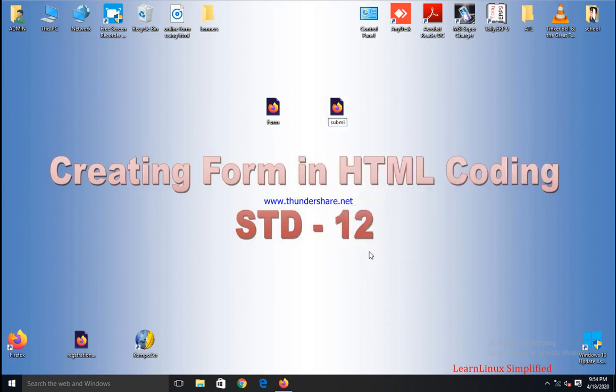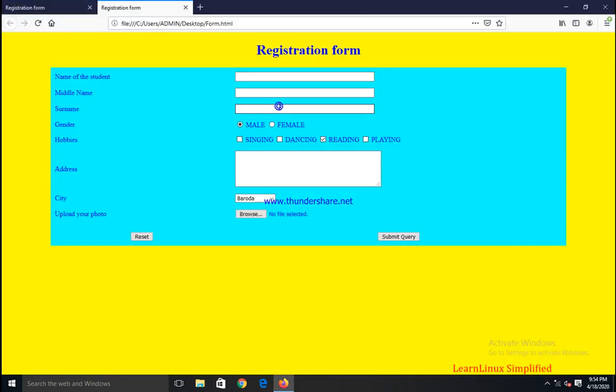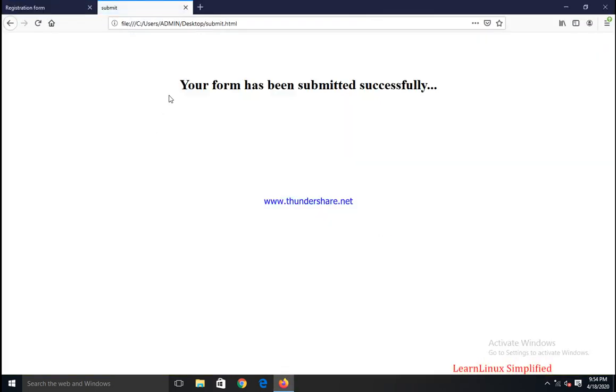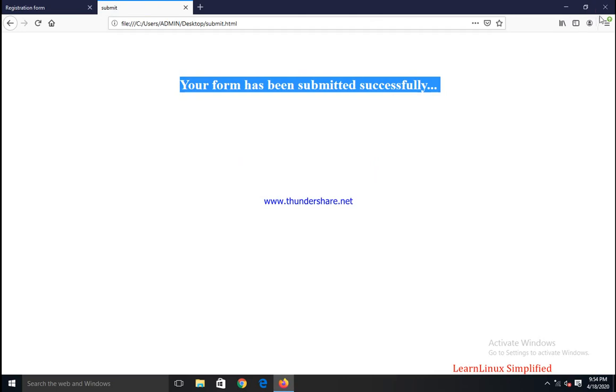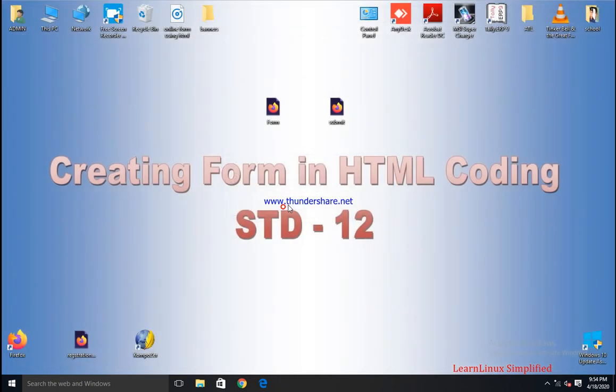The extension is already default selected, so you can see here. Fine. So this is how we have created an online form using HTML coding.